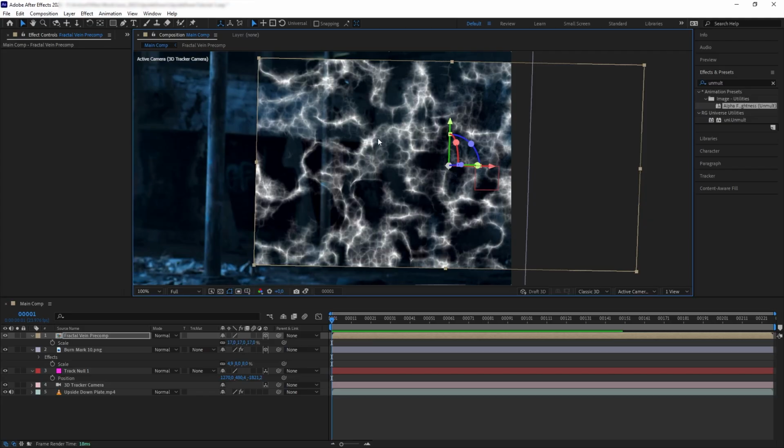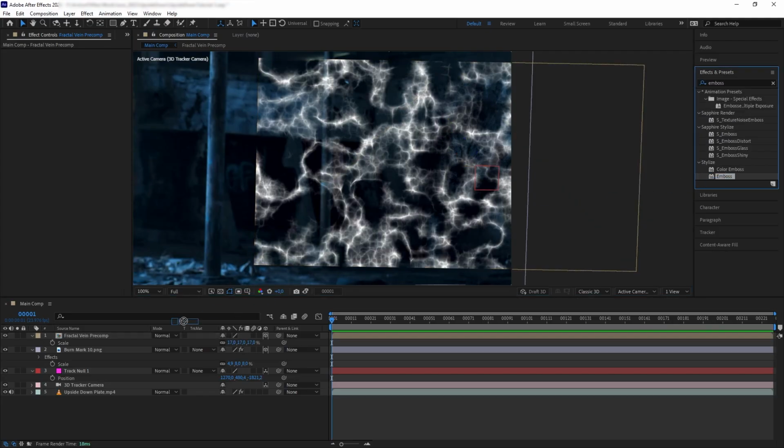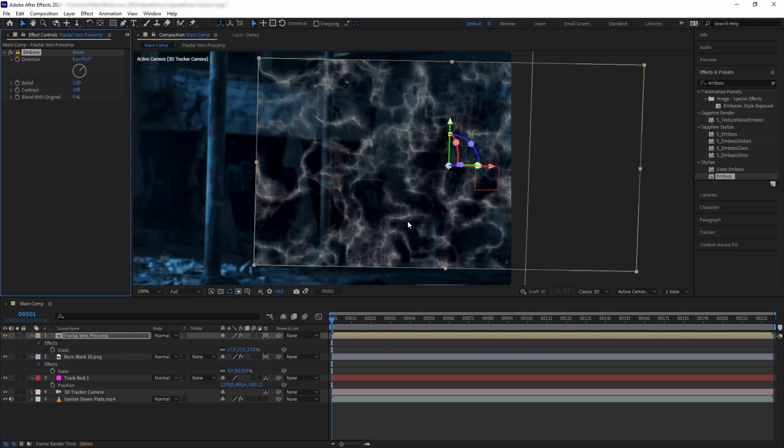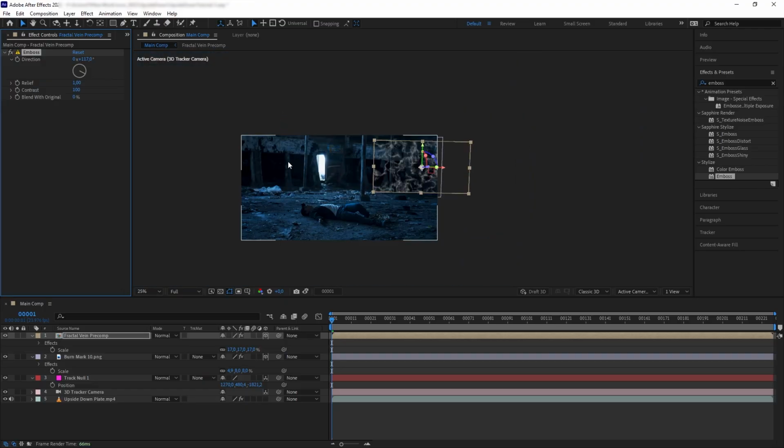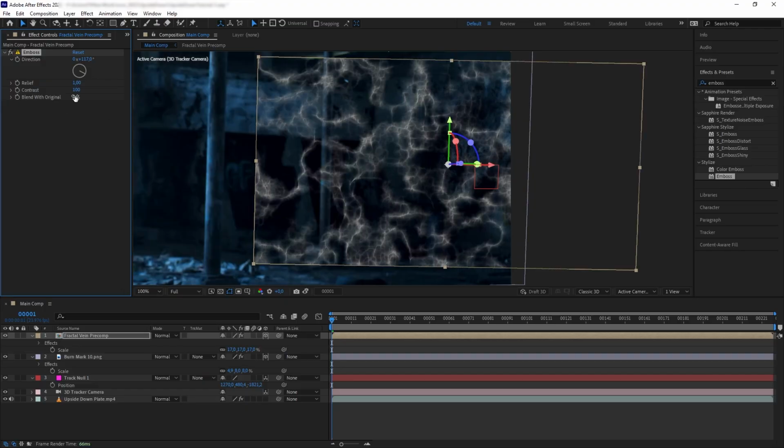So our vein currently looks a bit flat, and I want to add a little bit of dimension to it. So let's get emboss. What's happening here is that emboss adds a fake highlight and shadow based on the brightness of our texture, and that way this creates a fake bumpiness effect on our layer. So let's change the light direction of the emboss so it looks like the light is coming from the left side, just like in the scene. And then I want to set the contrast to 360. There we go. And now we have a stronger looking bump.